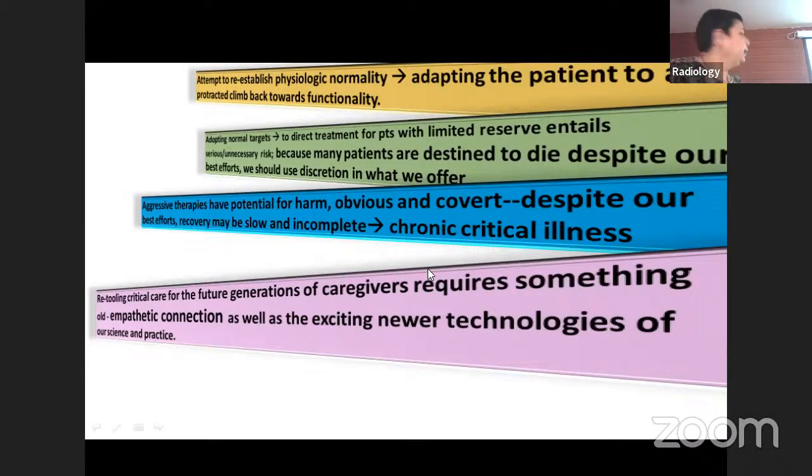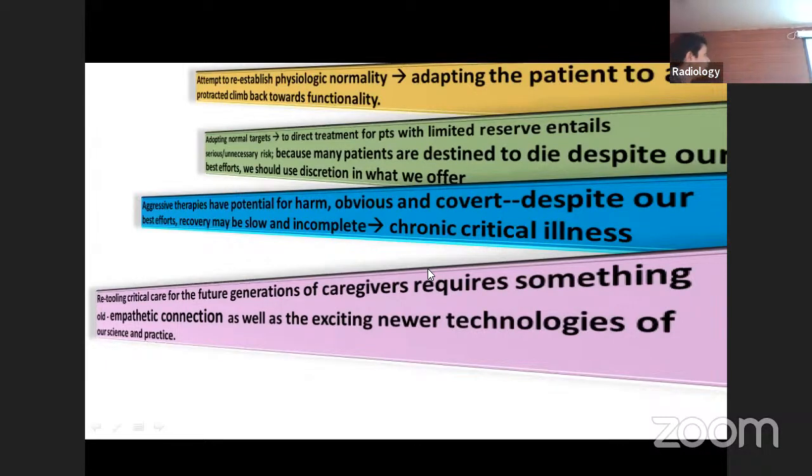So you are creating a large cohort of patients with chronic critical illness. What are you going to do about this? As a society, are we capable of handling something like that? I think these are discussions that we should have on a smaller level. I'm sure they happen on the big level, when all the presidents and secretaries sit and talk in a big conference. It has to happen at a micro level,